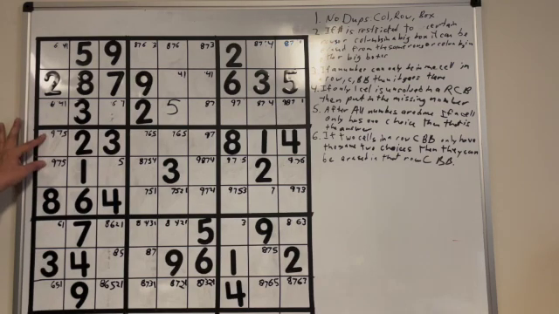Because this is the only place 9s and 7s can be, then they need to be by themselves. If this is 9, this is 7. That's it. If this is 7, then this is 9. If this is 5, then all of a sudden,